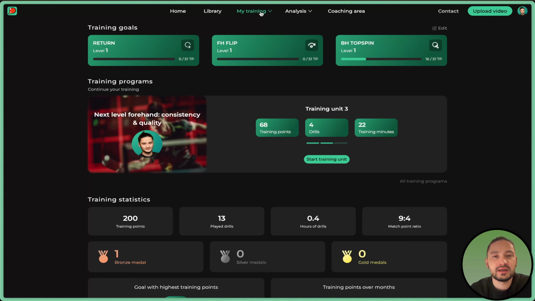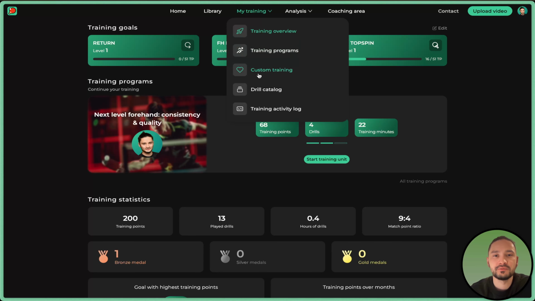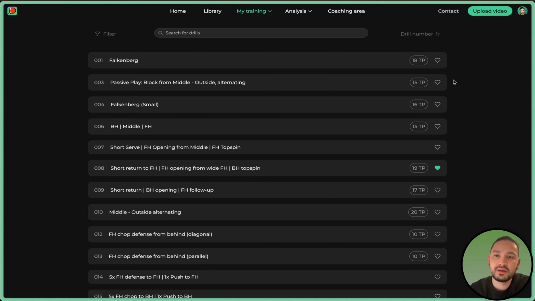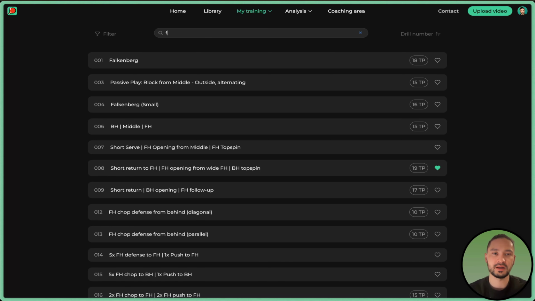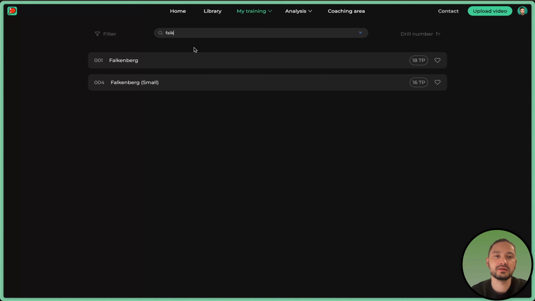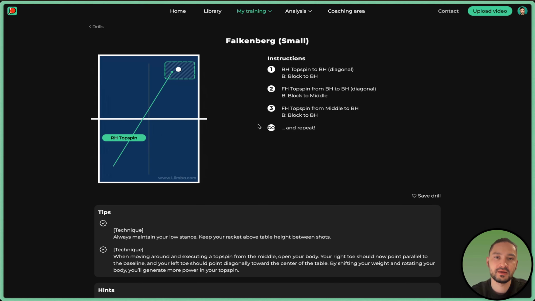First, let's start with what we provide in terms of exercises. This is the most simple thing. You have a drill catalog here as a menu item. If we go onto this, we created about 80 different exercises and drills for you so that you can find the drills you like. If you search, for example, for Falkenberg, then you find two of those, the big one and the small one. And if you take a look into this exercise, you will see that we prepared an animated graphic